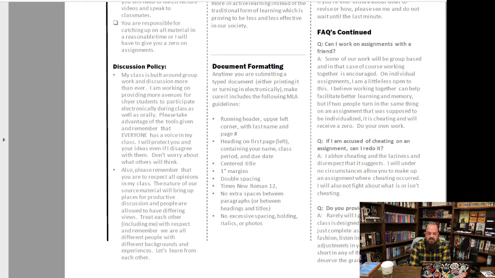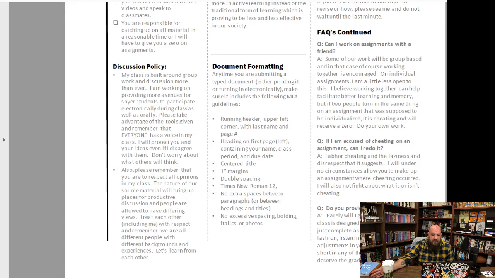I know some of you are shy and you're not going to want to raise your hands and talk in a class of 22, so that's fine. You're going to have opportunities in small groups to participate. You're also going to have opportunities through technology for your answer to be put up here on the board with or without your name. It depends on the situation, and I want you to take advantage of that, okay? Stop sitting on it when you know the answer to something. Answer it, okay? If anyone says anything mean or disrespectful to you, trust me, I'm going to eat them for it, all right?